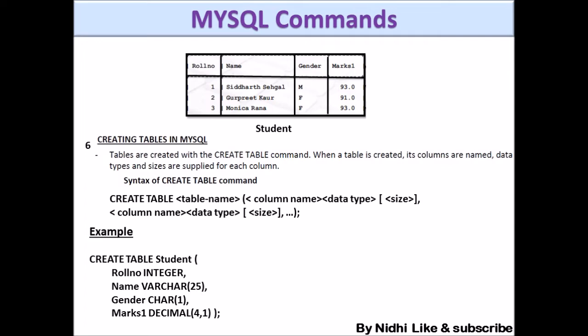The syntax means the way we can write a command. First you have to write the word create, and then the word table. These are the keywords, and then you write a table name. A table name is a variable name. You can write any table name, whichever table you want to create. For example, here it is student, so I will write create table student. If you want to create a table with the name employee, then you will write create table employee. It depends on the user what name they want to put as a table name.